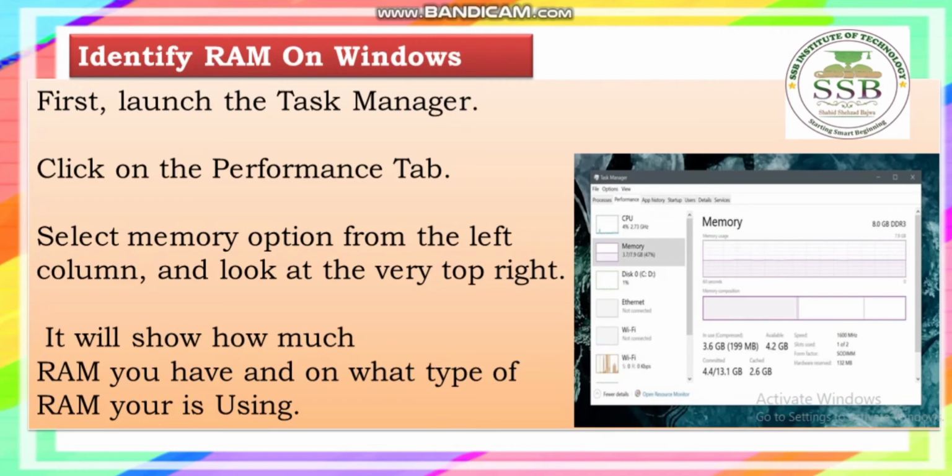You can see on the left side CPU, then memory, disk, ethernet, Wi-Fi, etc. And when you click on the memory option it shows you the complete information. You can see it's 8 GB DDR3 RAM showing in this identifier.